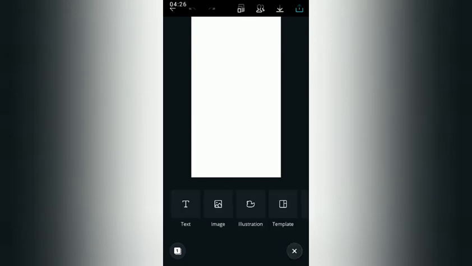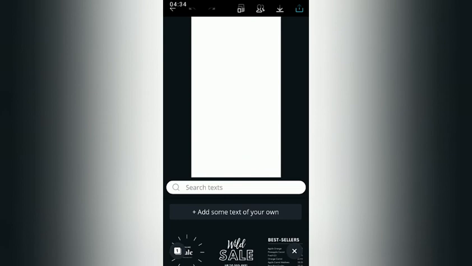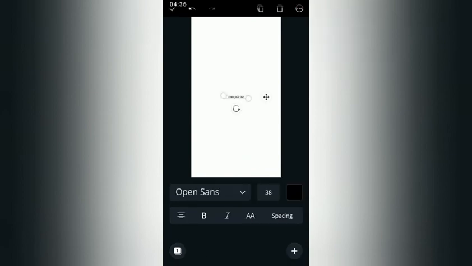Add some text again, clicking the plus button at the bottom right. So then we have our text of our own. You can see the object to background ratio, or the object to background size. The object is relatively small,